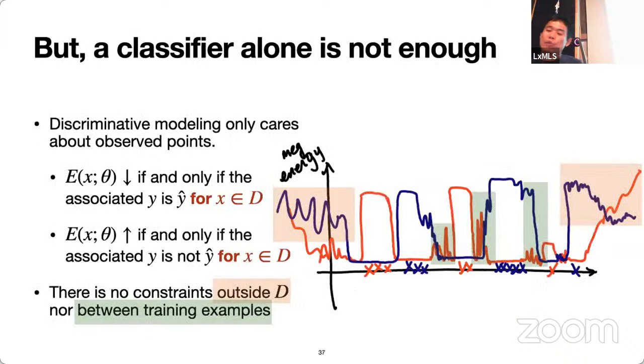Unfortunately, one thing that we don't do with discriminative modeling, as opposed to generative modeling, is suppress the energy values, or suppress the log probabilities, assigned to all the configurations that do not look at all like the training set. That is not what we do here. And that is the reason why, when we did the visualization using the classifier's output as an energy function, we saw something that looked really reasonable, but none of those actually looked like the actual training examples that we used to train these large-scale models. In other words, there's no constraint outside data nor between training examples.